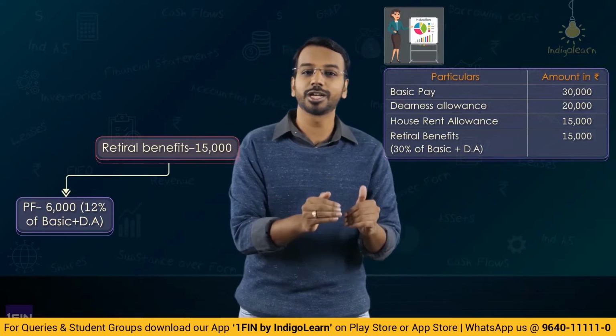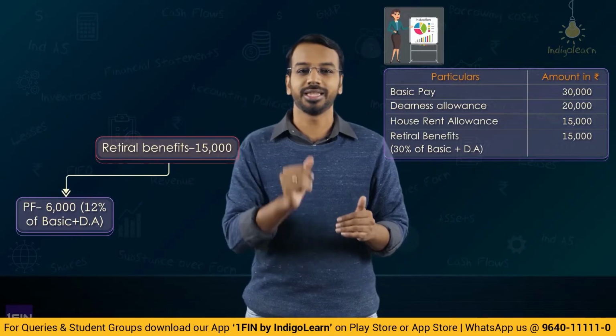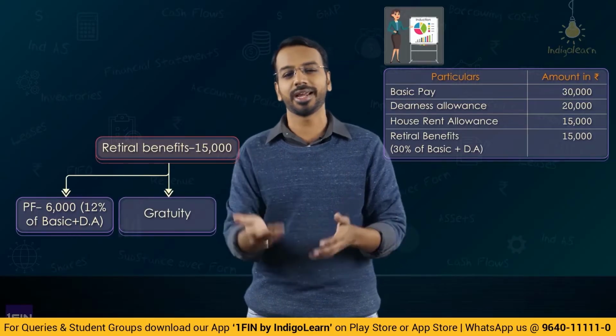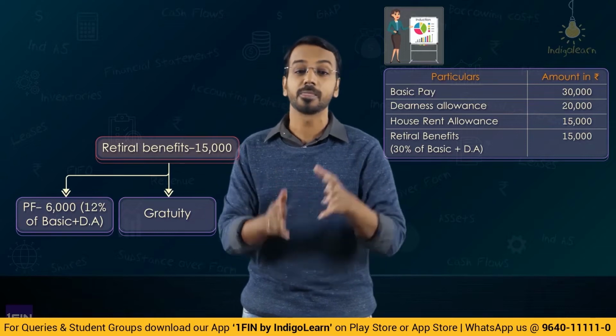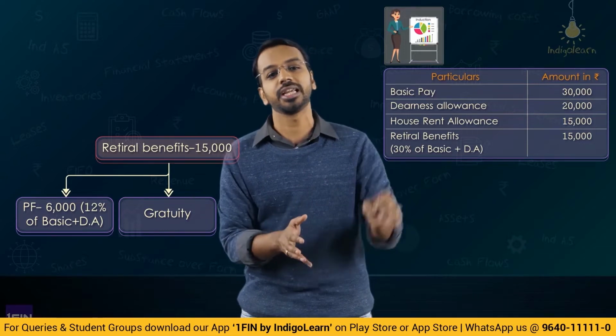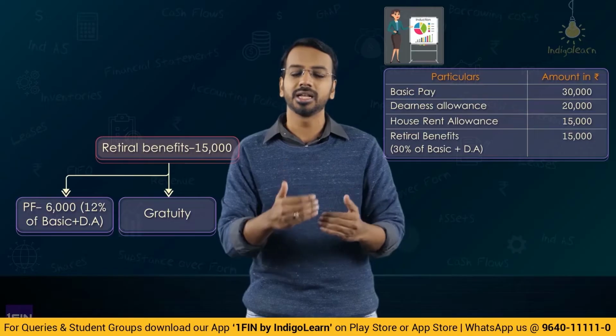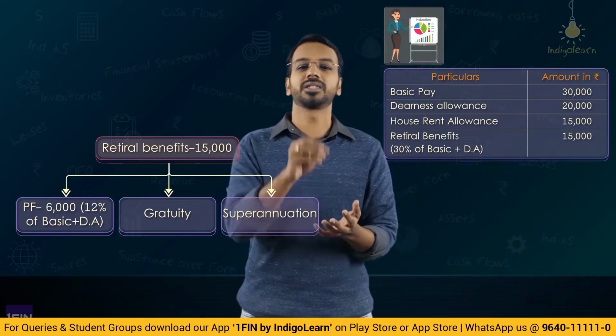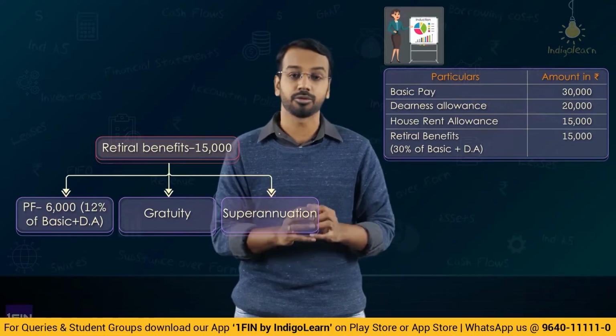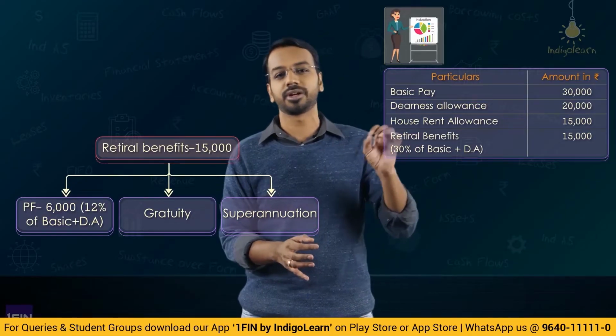Then it also included a portion of gratuity in that. Now, what is that gratuity? You would have learned, right? For every completed year of service, let us say the company pays 15 days of salary. Okay, that portion is also included in your overall retirement benefits. Then the balance pertains to your superannuation benefits, that is pension and other benefits that the company would be paying. Okay, these were the three components which pertain to retirement benefits.